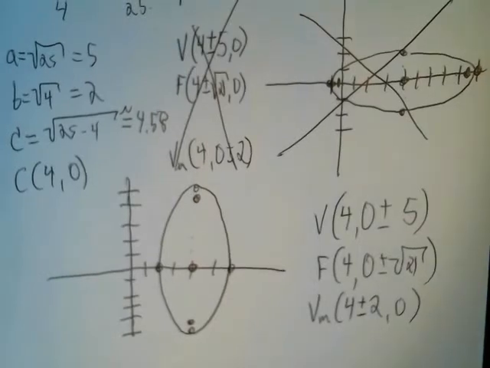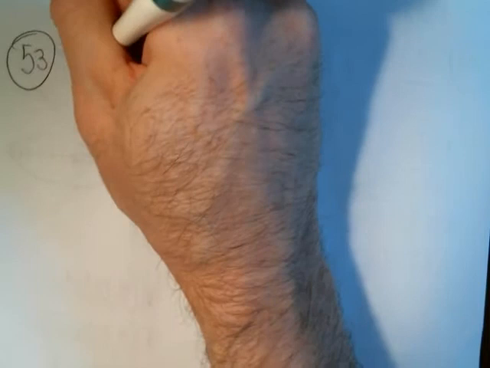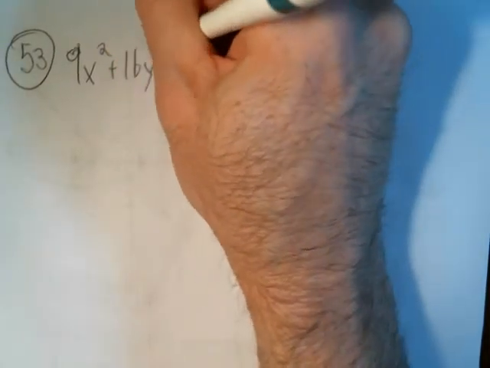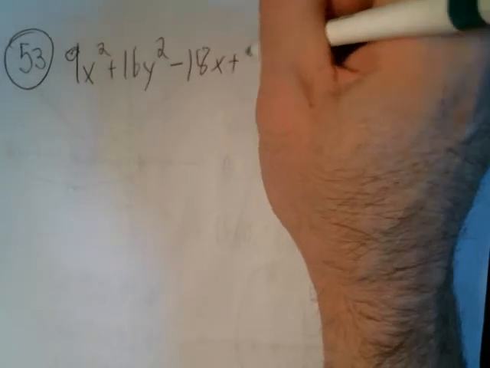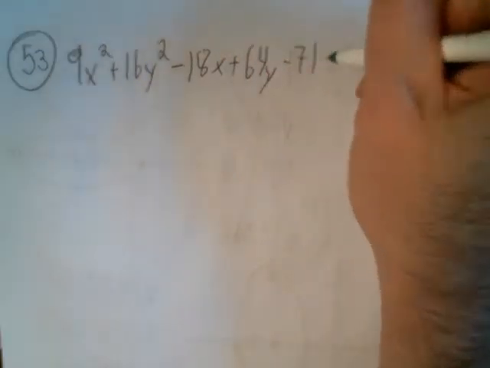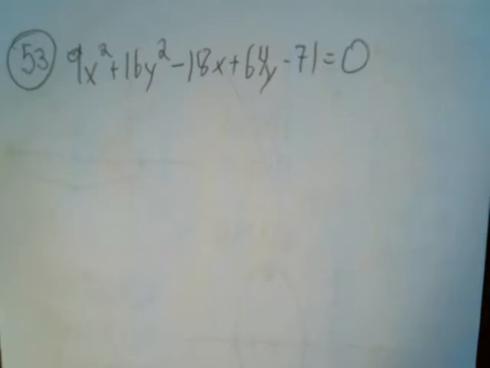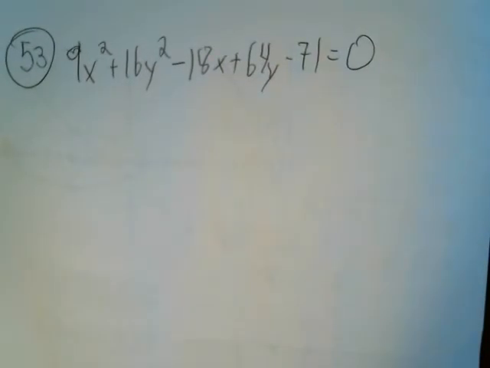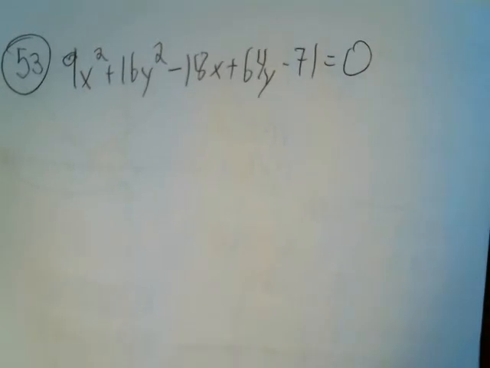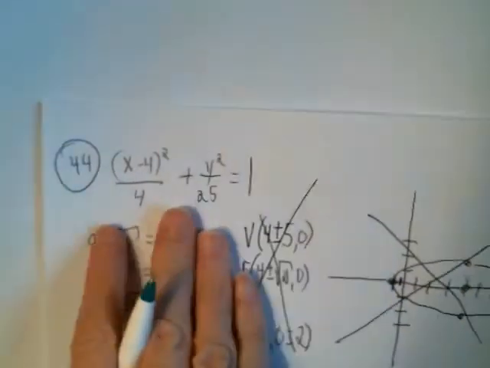All right, so the last one is this completing the square problem. And I think we had to do this back when we were dealing with parabolas and trying to get them into that vertex kind of form. I think we also saw them when we were working with circles. So we would have 9x squared plus 16y squared minus 18x plus 64y minus 71 is 0. So the deal is you want to get it into the standard form that we've been dealing with. This kind of look,